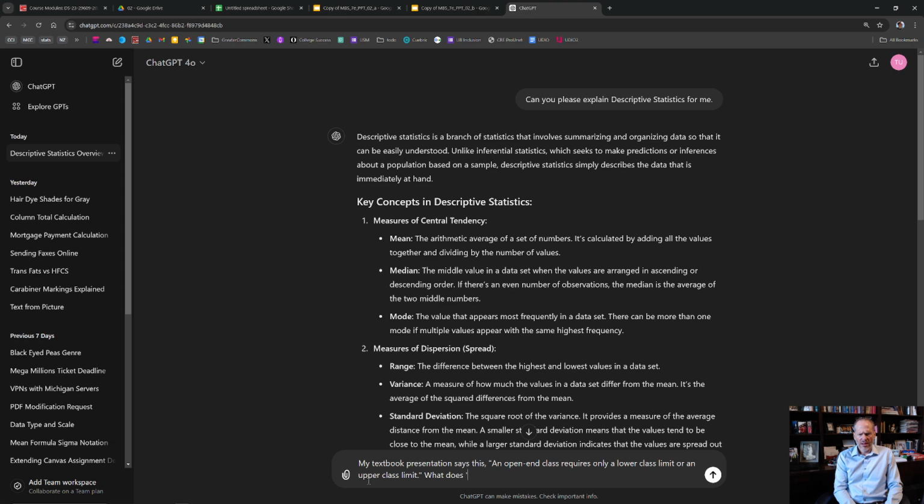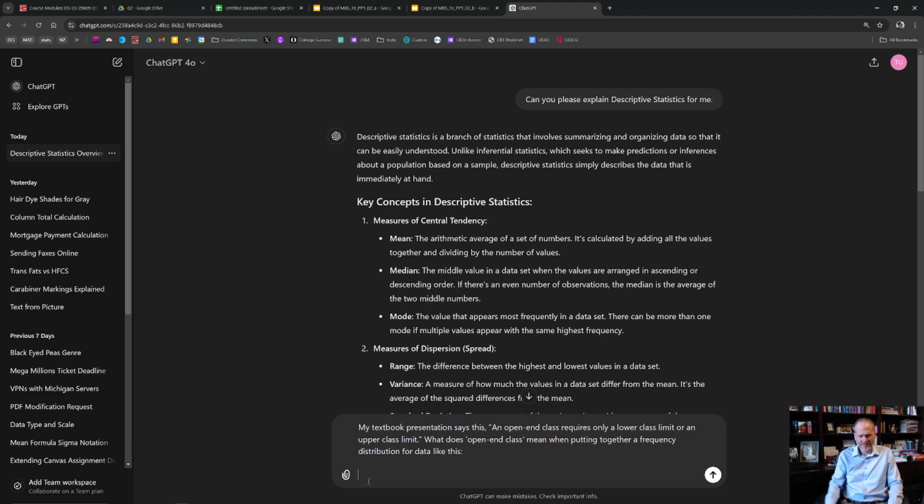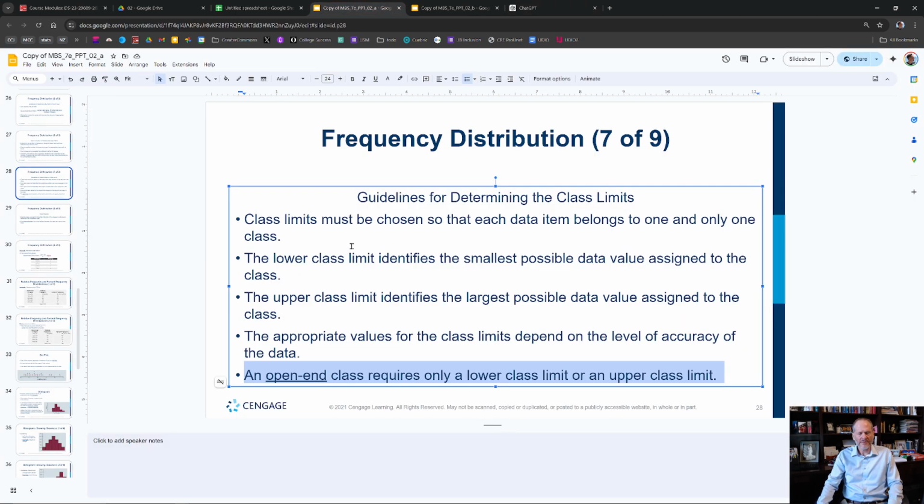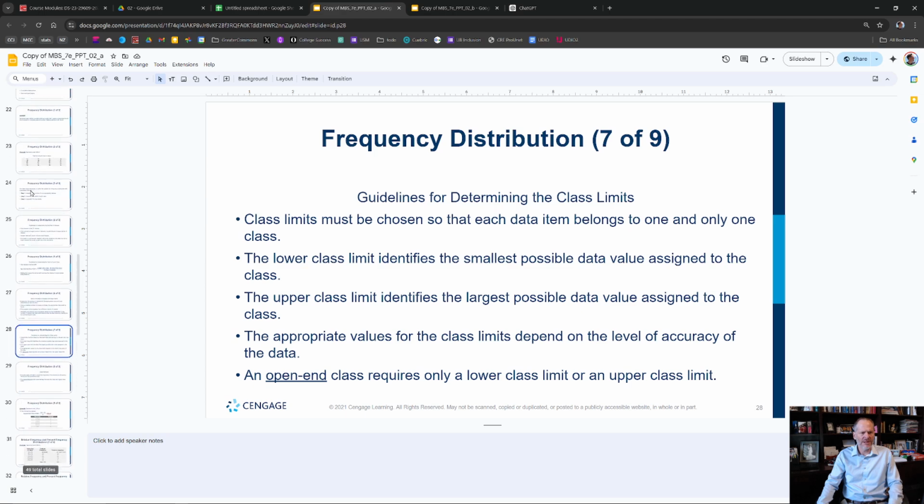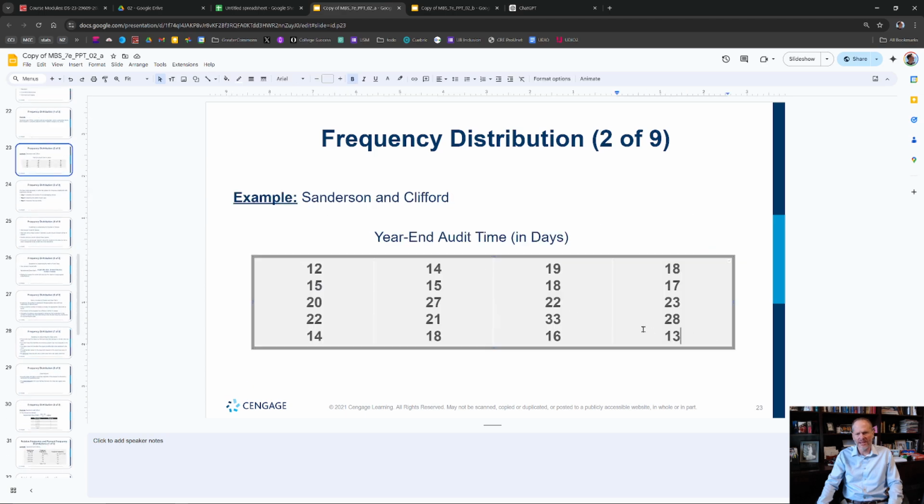What does open-end class mean when putting together a frequency distribution for data like this? Excuse me. That was funny. My glasses came down. So I'm going to get the data. And again, by you seeing me do this, and you seeing that I don't know everything,